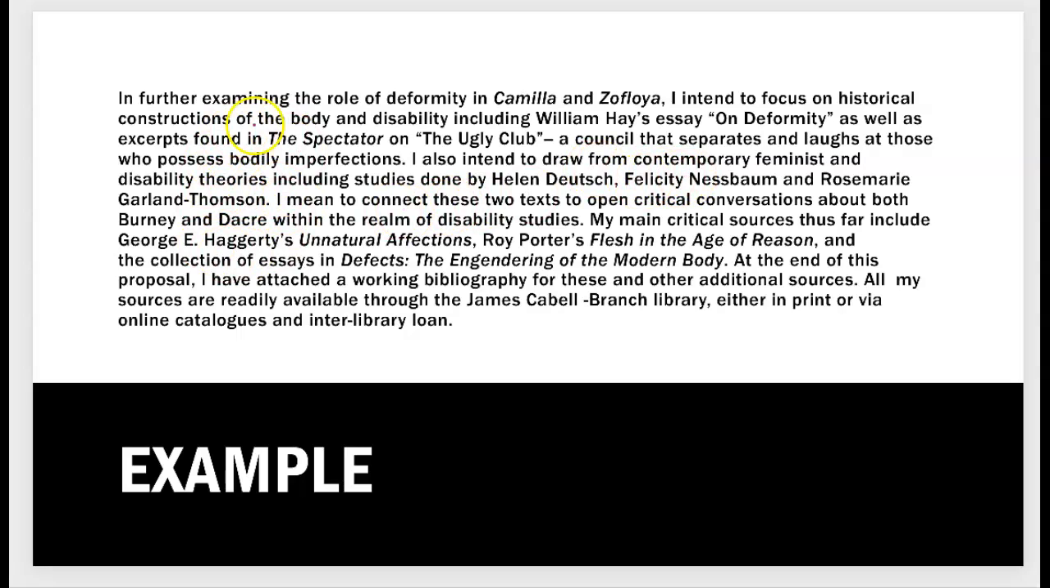So this is my process. These are my methods. What I intend, again, to do is to connect these two texts to open critical conversations about Burney and Dacre within the realm of disability studies. My main critical sources include, and a list of the things that I want to consult. And at the end of this proposal, I have attached a working bibliography, and my sources are available through the library. So this is a kind of scaled back version of a proposal, but it's short, it's sweet, it's to